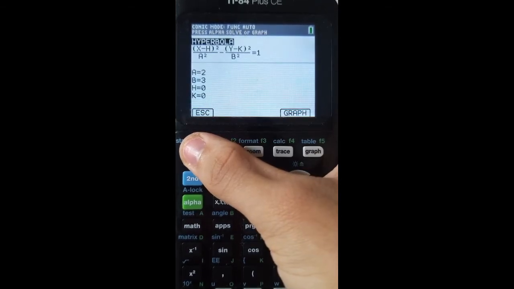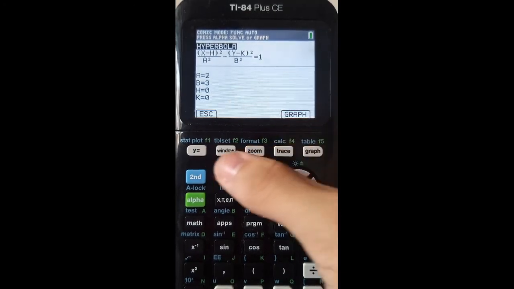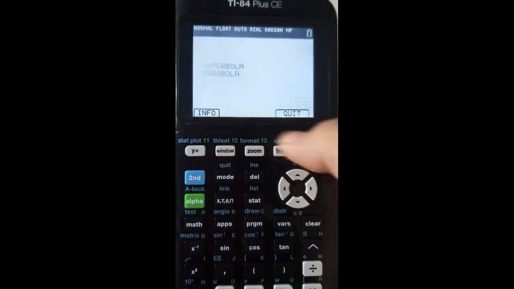So this is how you use the GC to sketch a graph with, let's say, y squared. Let's say it's not a conic, then you are forced to use the equation method of going to the